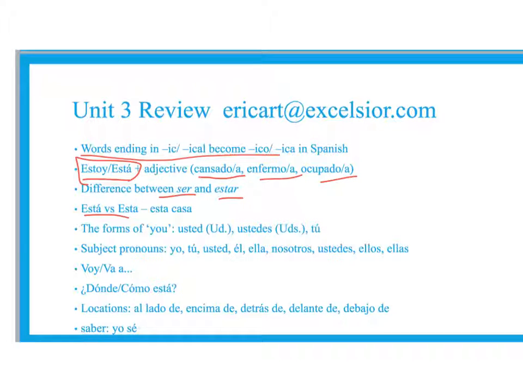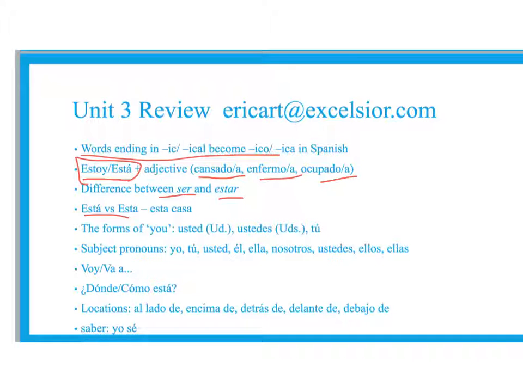Okay, ¿cómo está? ¿Cómo está él? ¿Cómo está tu amigo? How is he? How is your friend? How's he doing? ¿Cómo está tu amiga? How's your friend? Female, feminine. ¿Cómo está tu amiga? All right? And with ser and estar, you can use como with either one, but it would have a different